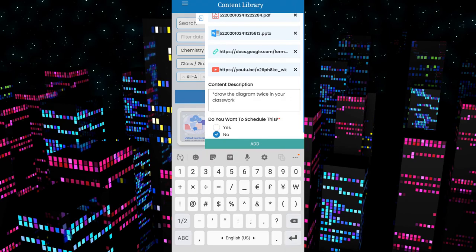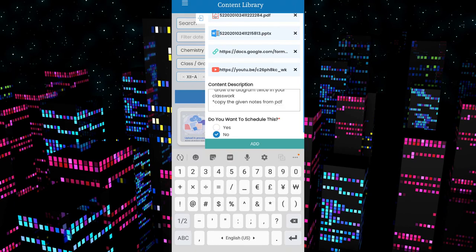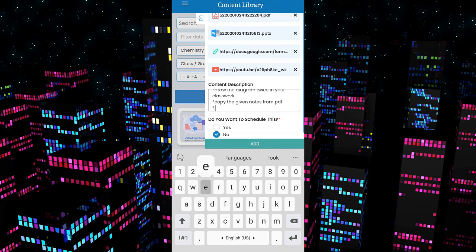Next, copy the given notes from the given PDF. Then learn well and attend the test using the given link.